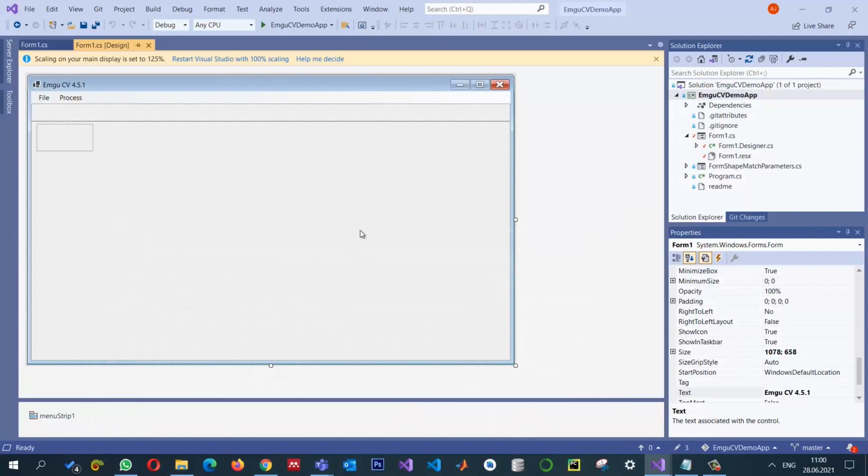This project is already configured since I have been using it for my tutorials. If you don't know how to configure and set up Emgu CV in Windows Forms, you can check my previous videos. So let me go and add a new menu item,